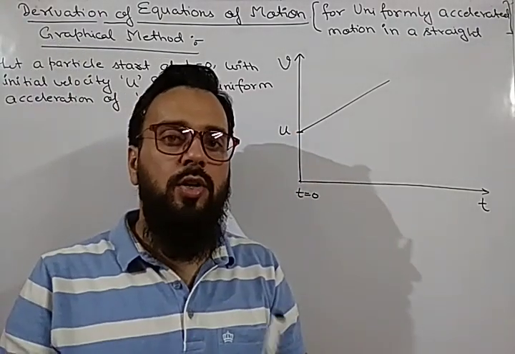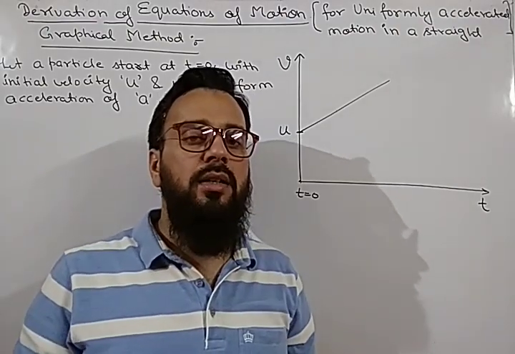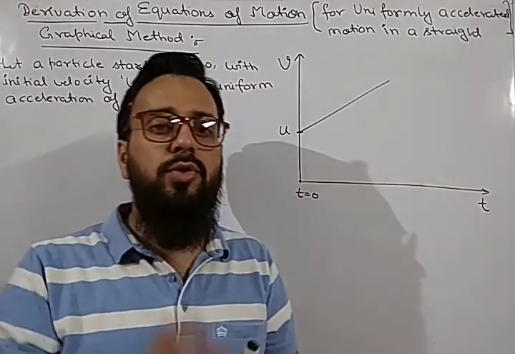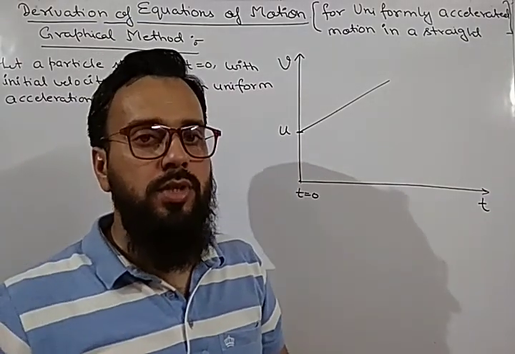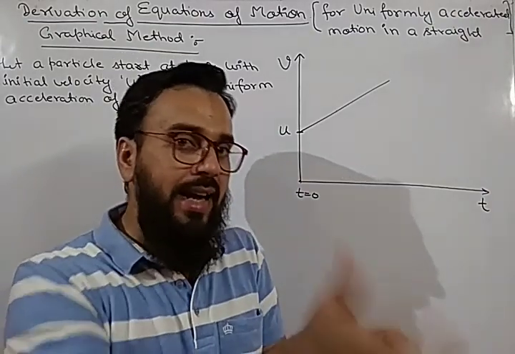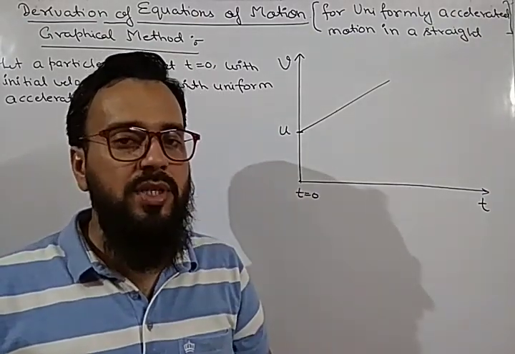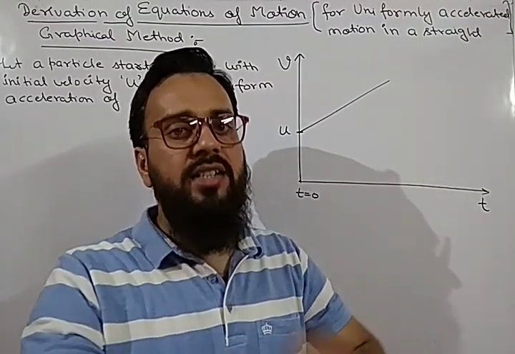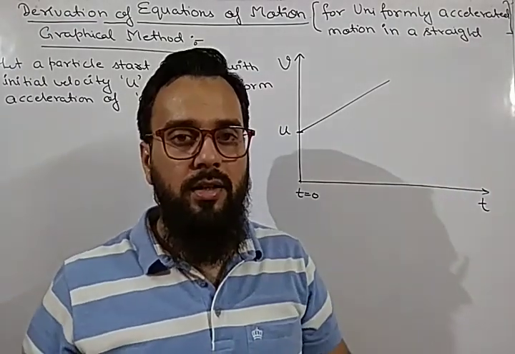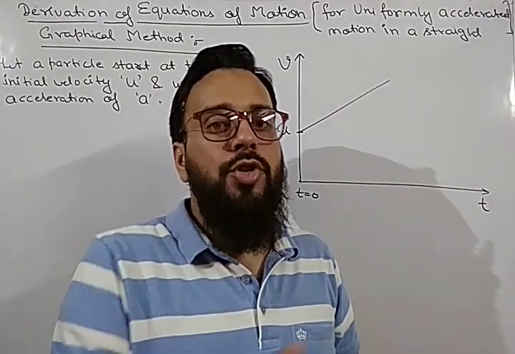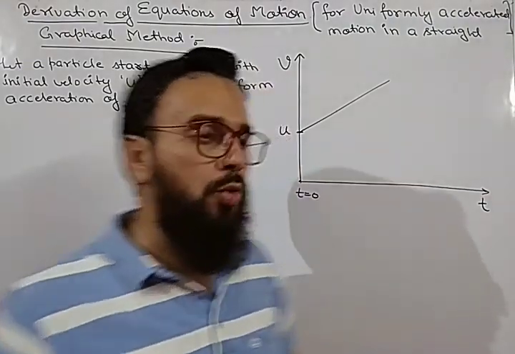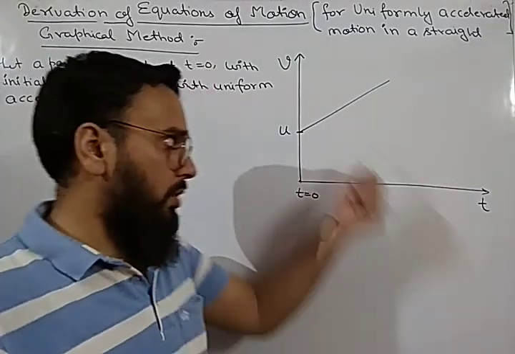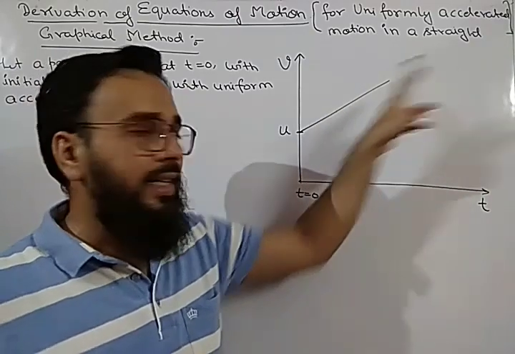I have taken an example earlier also. Suppose you are seeing the motion of a bike. Suppose you are standing outside your home and a bike moves in front of you. The instant you see that bike, that time is t is equal to 0 and the bike is moving with some velocity at that instant. Suppose the velocity was 20 meters per second when you see him, and after moving some distance he accelerates his bike and its velocity increases. Then the graph of that motion will be a straight line if the acceleration of that bike is constant. So it is a constant acceleration and velocity is increasing.